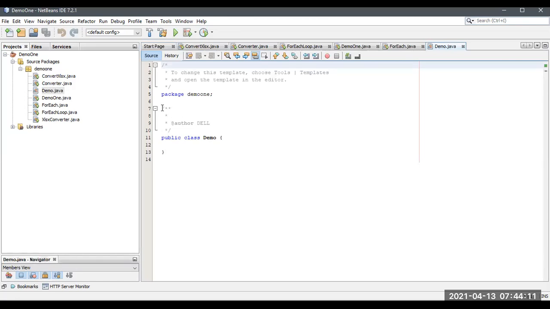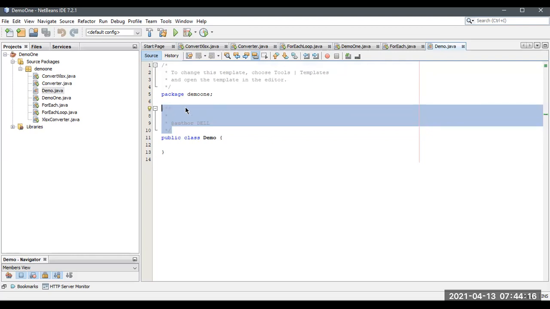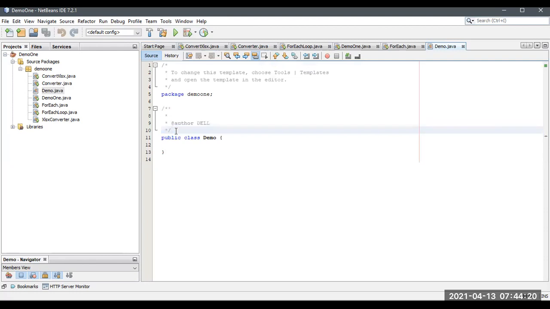As we discussed in the previous chapters about how to create a comment, a default comment is already created. This is a descriptive comment. So how many comments are there? Single line comment, multi-line comment, and descriptive comment. Inside a descriptive comment, you can write about the author and the description of a Java program. Okay, now I'm going to create the main method: public static void main.